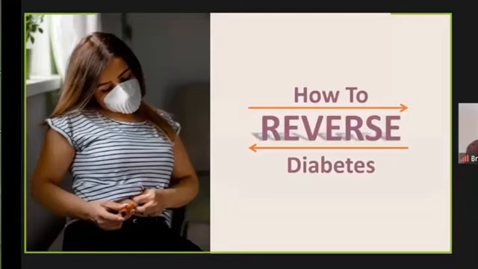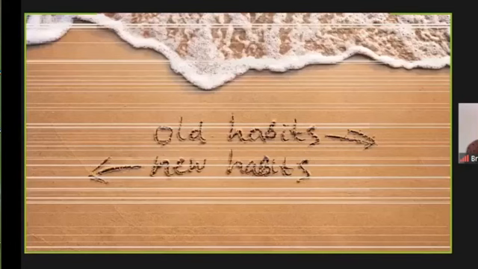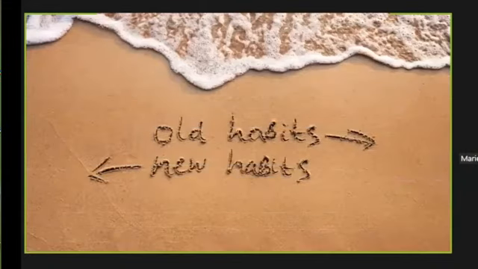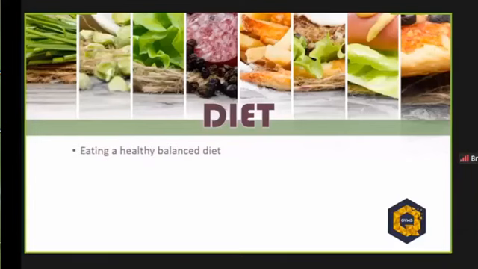Now, diabetes, or how to reverse diabetes, although potatoes are not part of the equation. So let's first talk about this, and we will start talking about diet. And habit number one would obviously be eating a balanced diet, and let me add, lowering carbs.